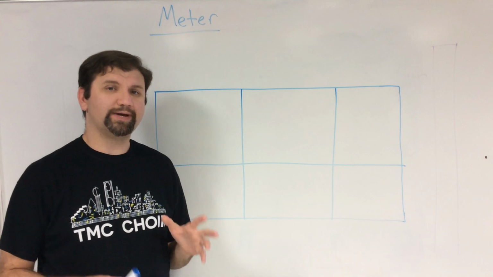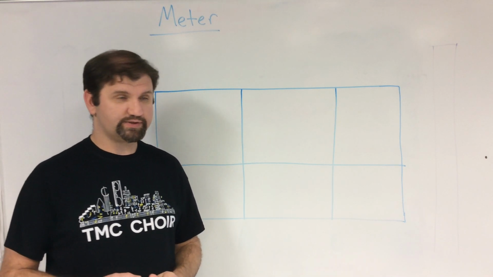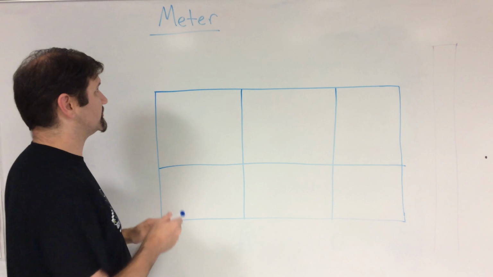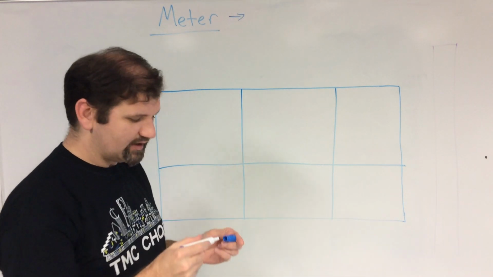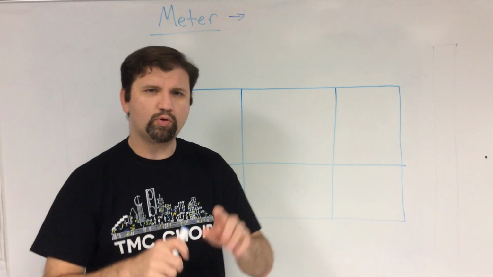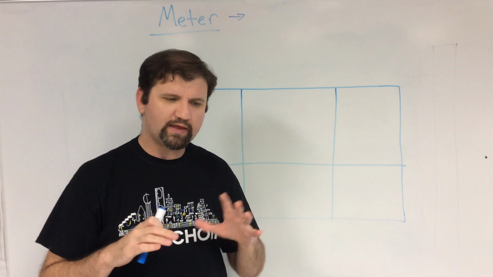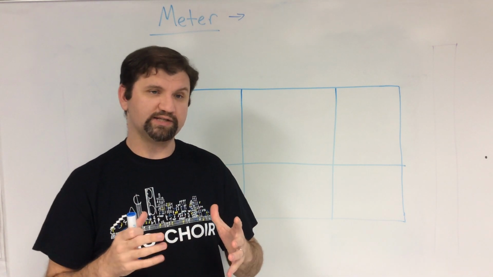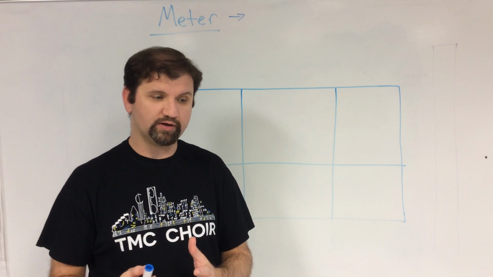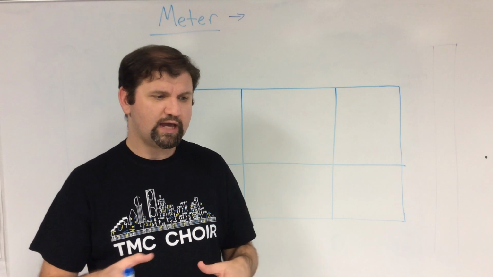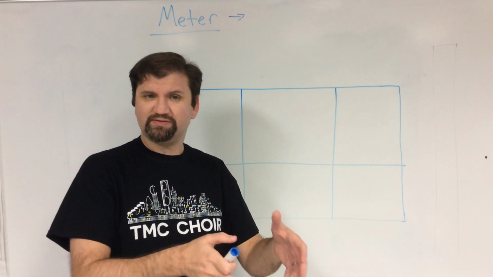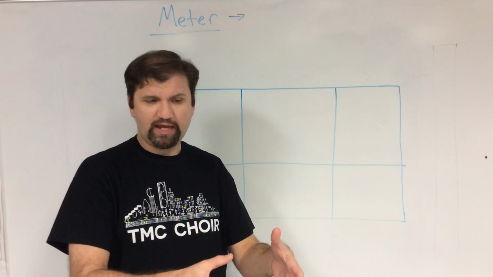Today we're going to talk about types of meters, types of time signatures. So really, what is meter? Well, meter is the time signature, but it's more than that. It's the way that the beats are organized and the way they relate to each other. It has to do both with the number of beats in a measure and with what beat value we have,